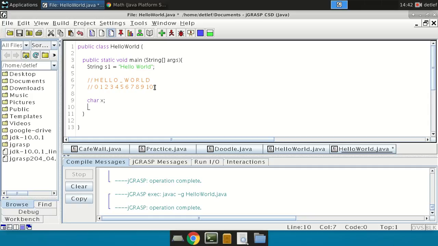You'd lose points for that, but for the sake of time, we'll call it x. So x is a character, and we want x to be whatever the first character is. So we say x equals s1.charAt, and then we put in 0 to denote that we want